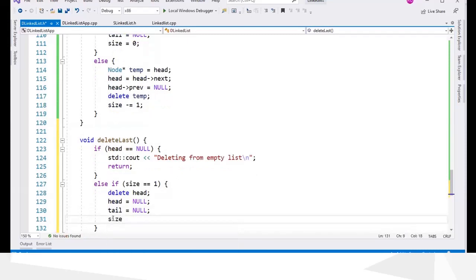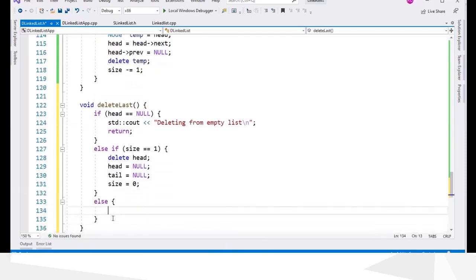Size equals 0. Else means we are deleting from an unempty list which has more than one element.